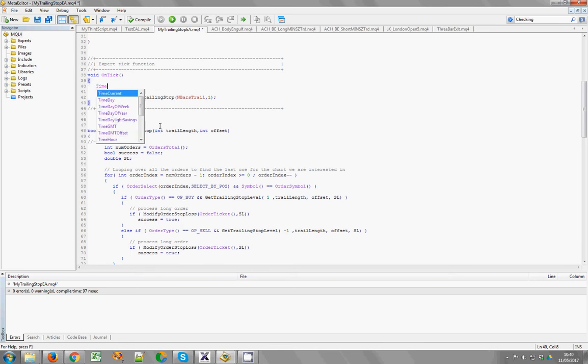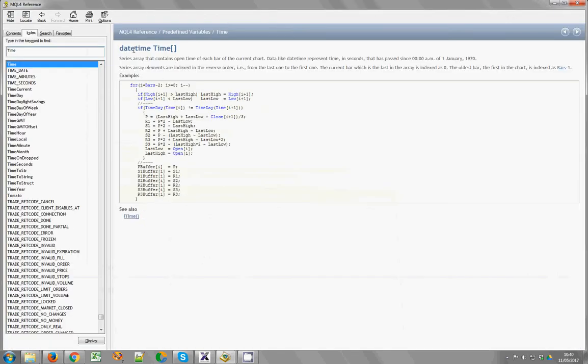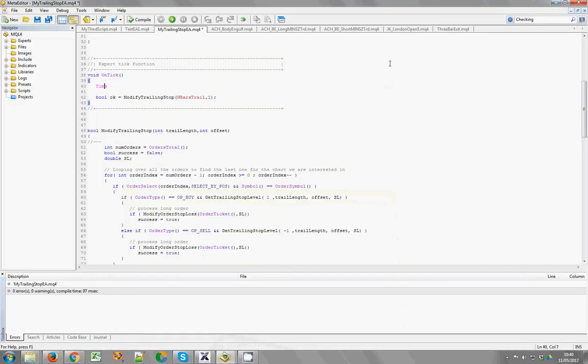Now the key to do this, I can't remember whether I gave you a clue or not, is to look at the time variable. If we just F1 on time, you see it's got a type which is datetime, which is the number of seconds since the 1st of January 1970. A rather strange way of representing time, and there are ways of converting it to more sensible numbers, but all you need to know is that it's a count of the number of seconds, and every new bar will have a new time. The way these things are referenced, that is the nearest bar, this is 1 bar ago, this is 2 bars ago, and so on. So we want the nearest bar,